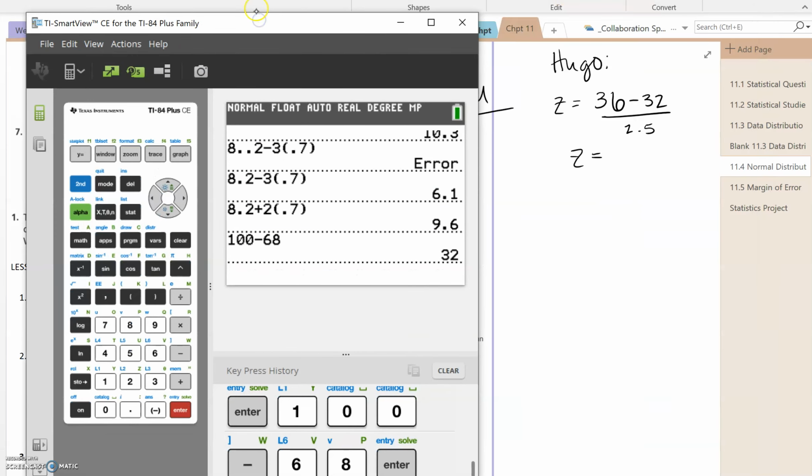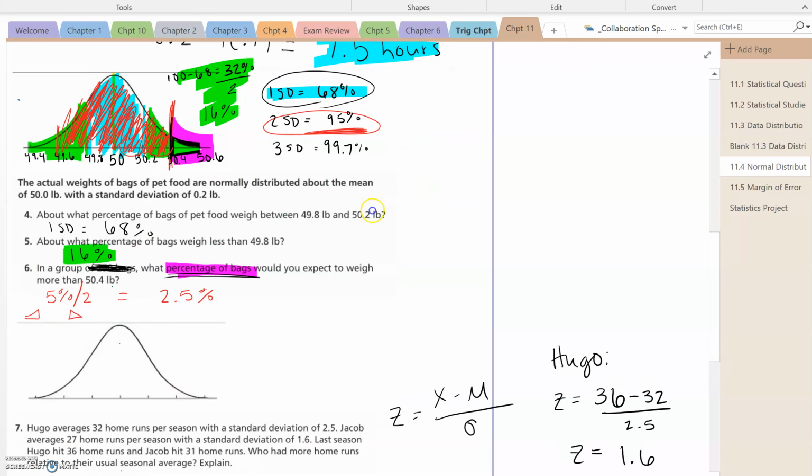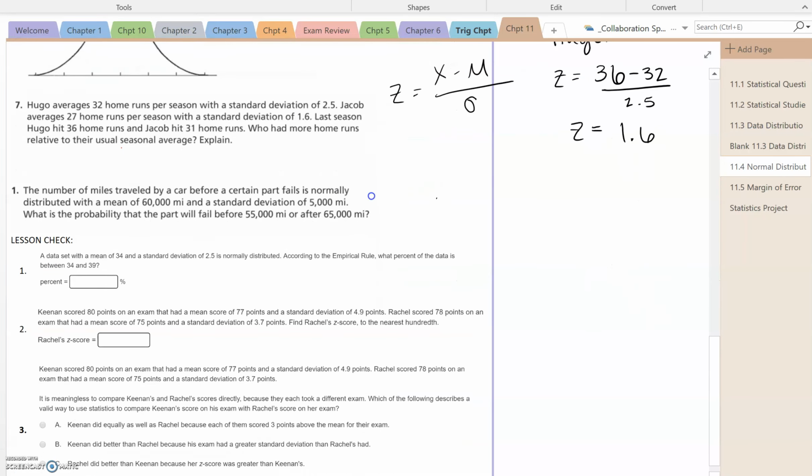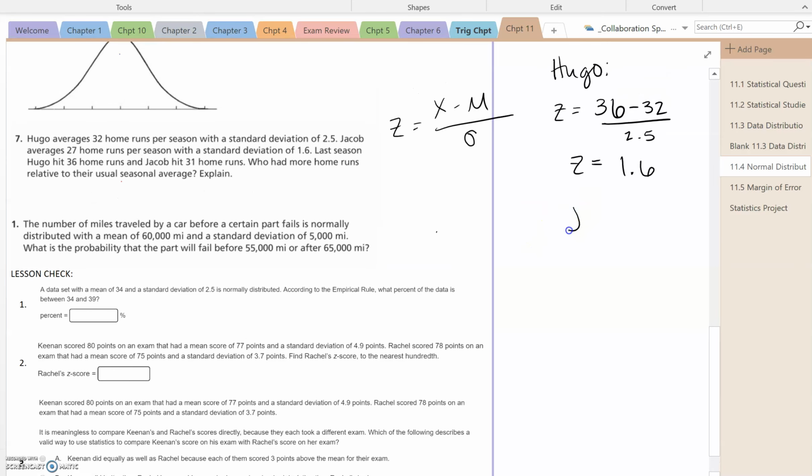And remember that a z-score means how many standard deviations the data value is above or below the mean. So Hugo hitting 36 home runs in one season is 1.6 standard deviations better than what he normally does. So, and now to do it for Jacob,